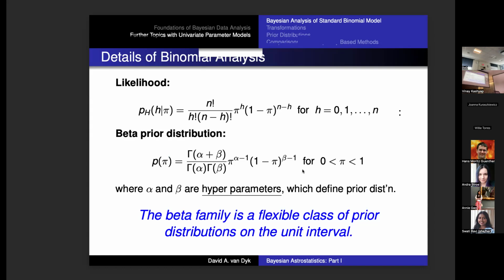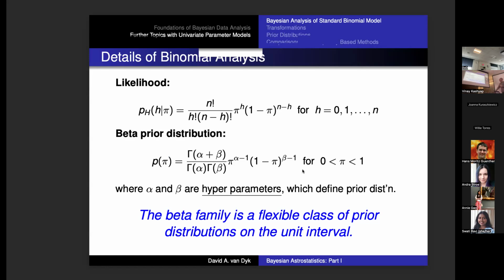And then there's this thing called the beta distribution, and I'm picking the beta distribution for the same reason I picked the gamma distribution: if you just look at these things, they look a lot alike. This is a probability distribution for H. H is random, the number of hard counts, and pi, the proportion of hard counts, is a parameter, fixed here. Here, pi is the random variable. I'm going to put a beta prior distribution on the probability of a hard count. But if you look at these two things, you can see that when I multiply this one by this one, there's going to be a lot of simplification. Okay.